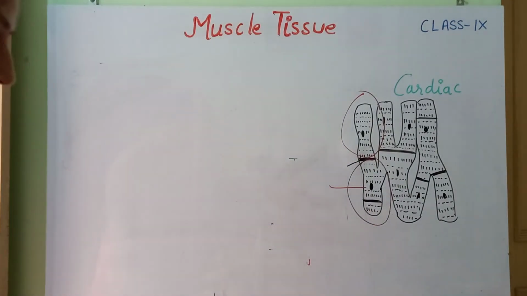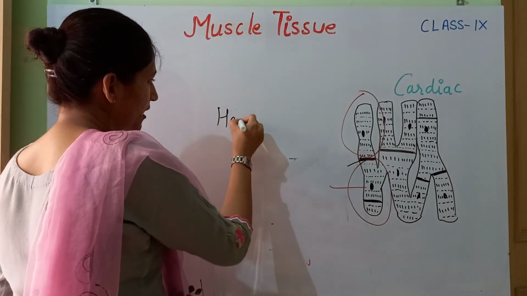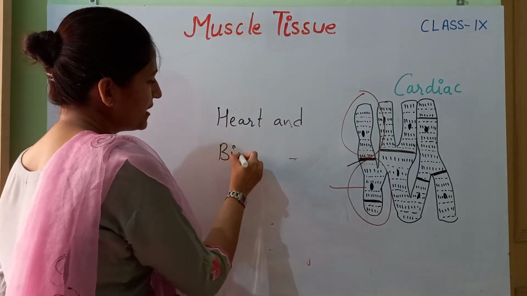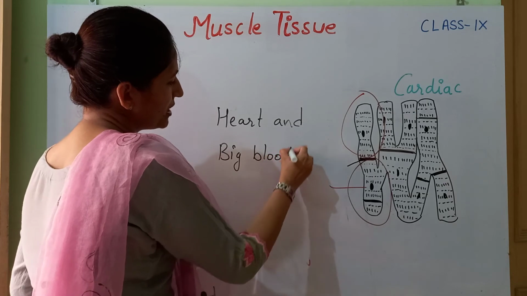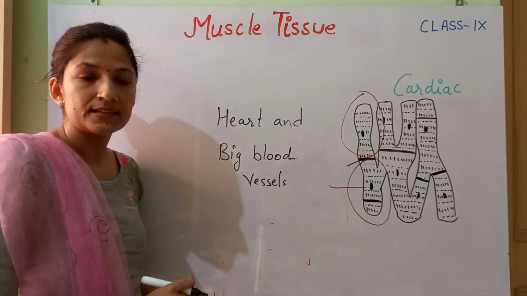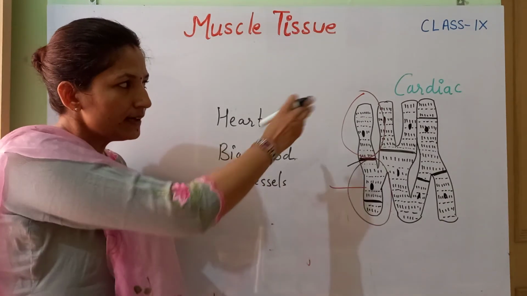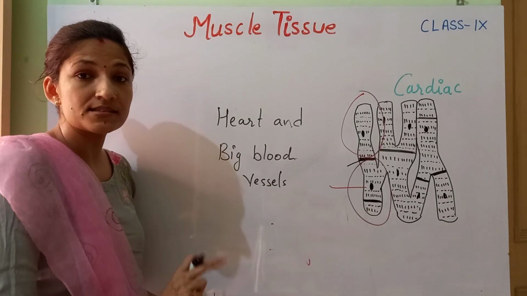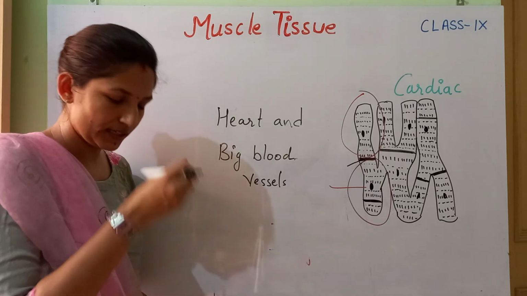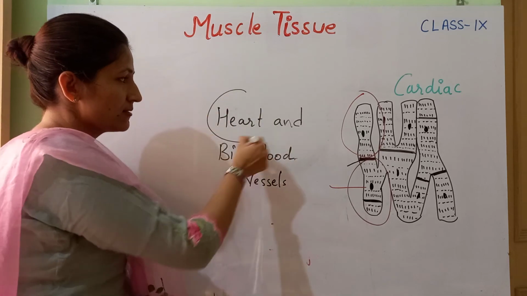So where are they going to be present? Restricted to the heart and big blood vessels like the aorta, vena cava, pulmonary artery, pulmonary vein. They contain this type of muscle, cardiac muscle. Okay, they are not present anywhere in any other part of the body other than the heart, because these muscles are specialized to work